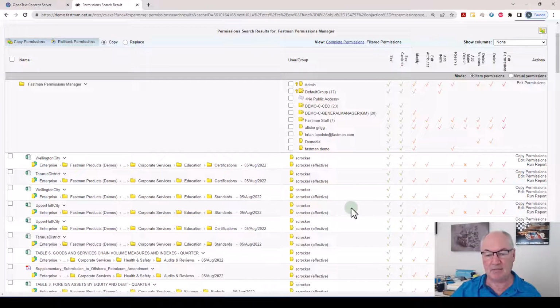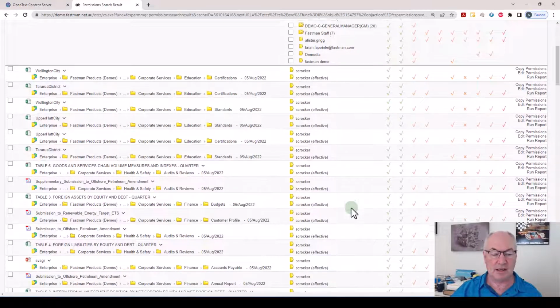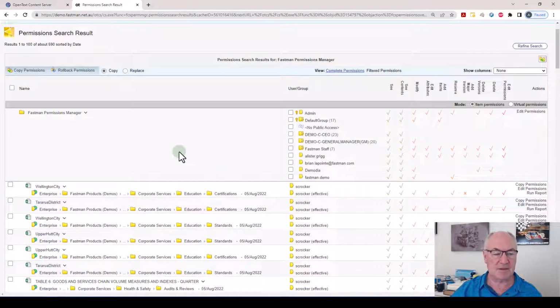And in most instances, those permissions are granted to Sam through group membership, not through explicit membership. So not through someone putting Sam Crocker onto those documents, but someone actually making Sam a member of a group, and that group's got access. So really useful, really powerful, and auditors love this sort of stuff. When an auditor comes along and says, show me what access somebody's got, you can do it very quickly, very easily. So I'll just jump back to the standard Permissions Manager view